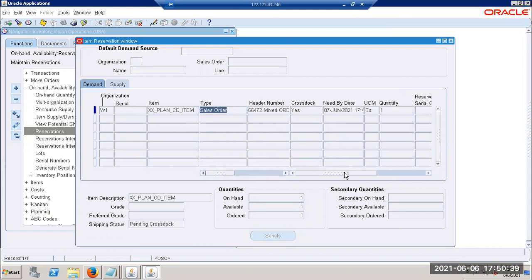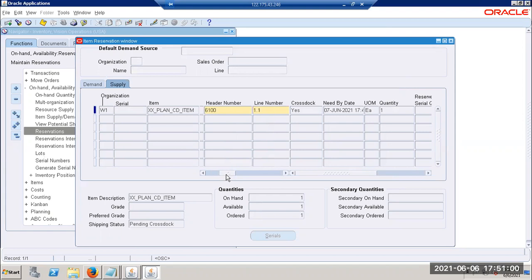Earlier, I needed to see the purchase order. It comes under supply. Go to the supply now. So it means for this order, which purchase order needs to get aligned. Right, this is the purchase order 6100. Now you got it, right? This is how we linked the sales order with the purchase order.